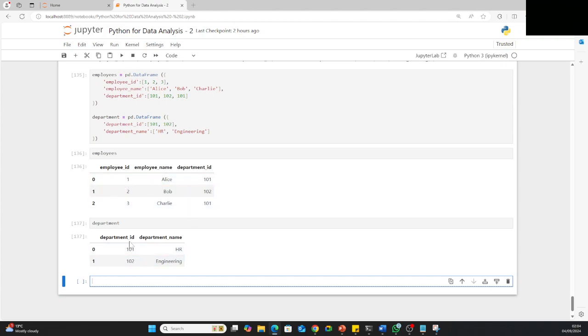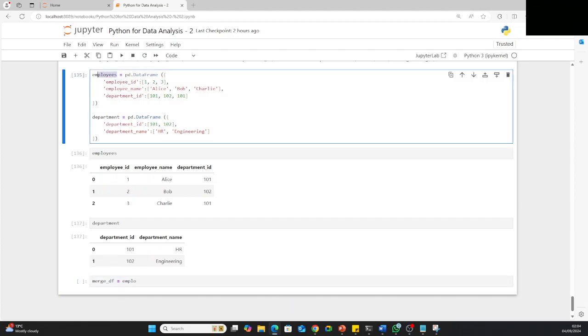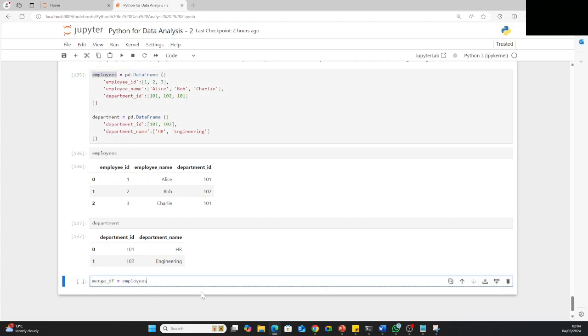We want to merge this on this because this is a common field to the two of them. So merge_df equals, we want employees the way it is, so employees,